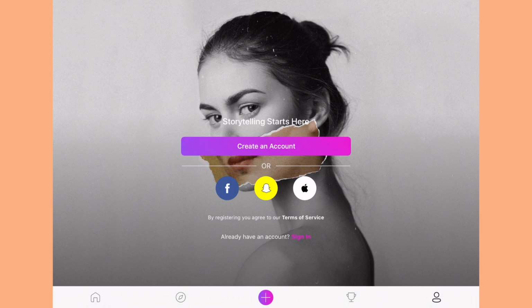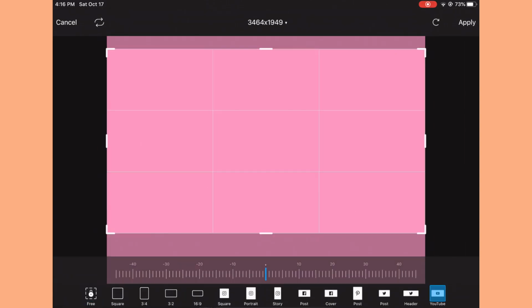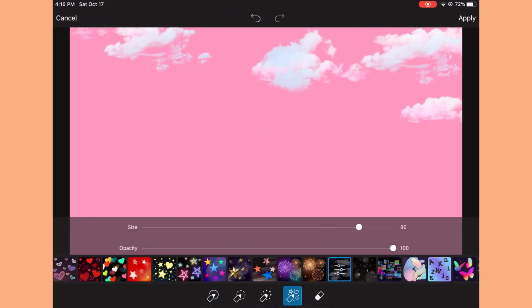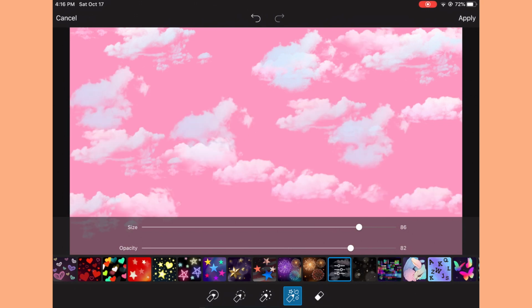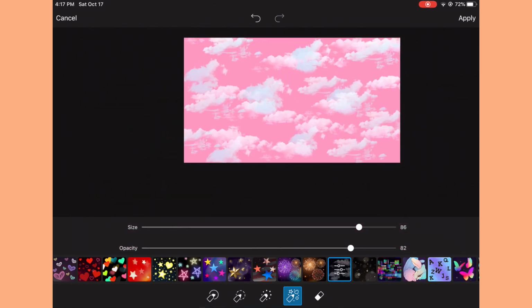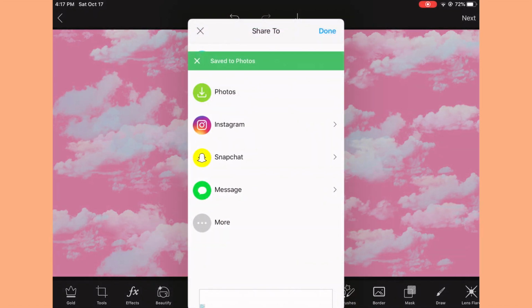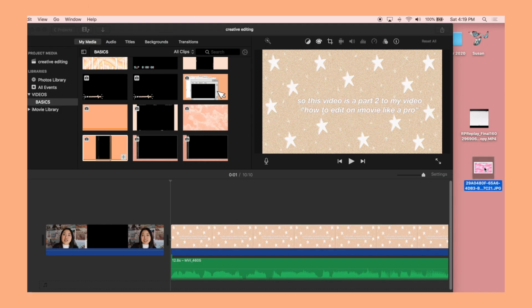The same thing goes for PicsArt. Open your device and open PicsArt, click on the canvas color you want, select Tools, then Crop, and YouTube. Now add whatever you want to the background. As I said earlier, PicsArt gives you more range to add stuff to the background. You can use glitter brushes, add stickers, add effects, etc. When you're done, save it to the camera roll, send it to the desktop, and now it is time to